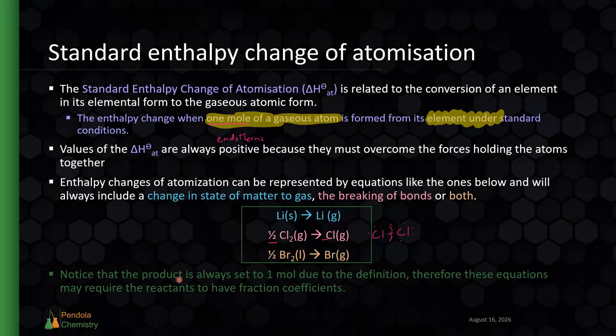Now, again, do notice that some of these will require us to have fractions as coefficients, depending on whether or not that element is diatomic in its elemental form, because these atoms in the gas state that we have as the products are always going to have to be a 1 because of the definition. So this is why these are all endothermic. The enthalpy changes of atomization are all endothermic because we're either breaking the bonds that are formed in the molecule, which is an endothermic process,